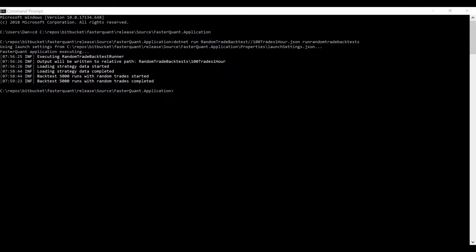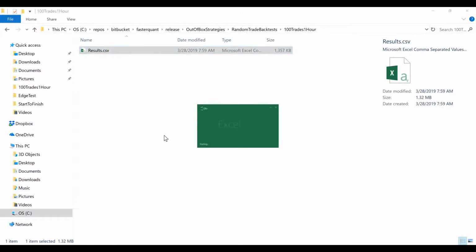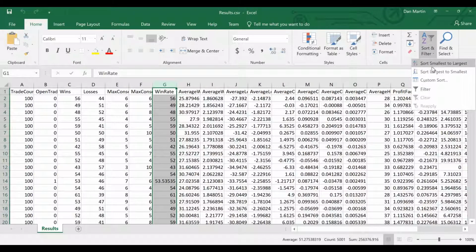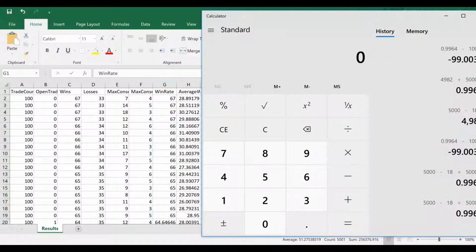The random trade backtest runner took just a few minutes to run. Let's take a look at the results. The results shown here show the backtest results for each of the 5,000 random trade backtest runs. Note that each backtest run has 100 trades. Let's sort on win rate. Accounting for the header in this file, we can see that 18 backtests out of 5,000 have a 65% win rate or better. Doing some simple math,